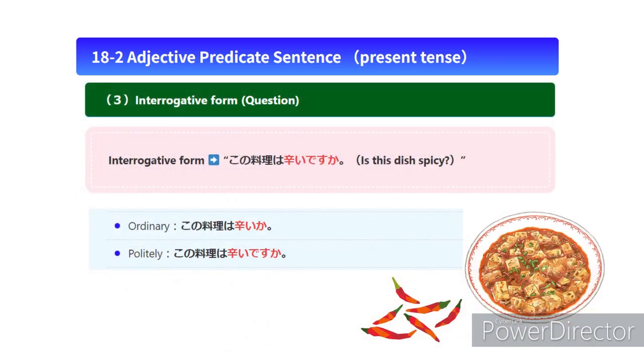Next is how to say questions. There is a photo of Chinese dish mapo tofu. It seems very spicy. So, let's ask in Japanese, is this dish spicy? The ordinary expression is この料理は辛いか。 The polite expression is この料理は辛いですか？